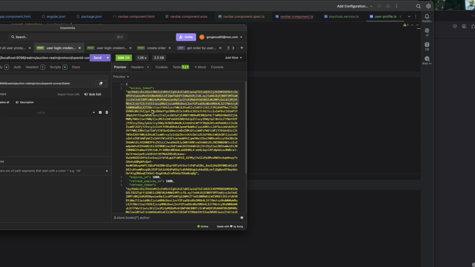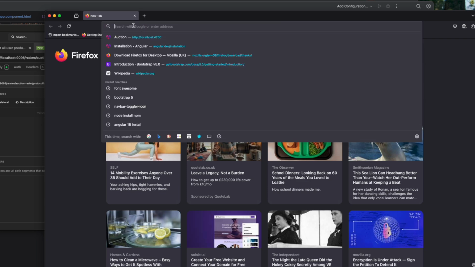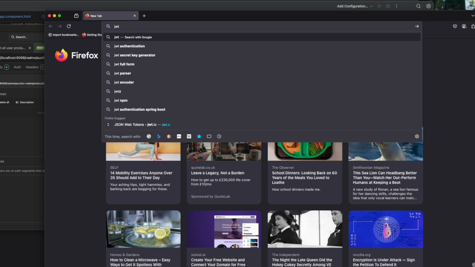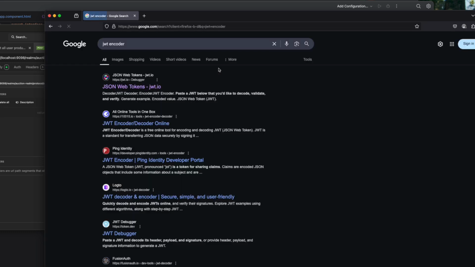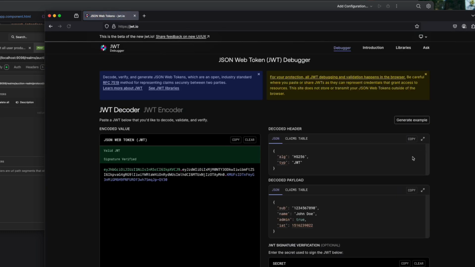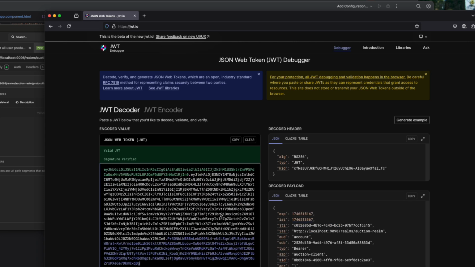I'm gonna copy the token, then I'm gonna head off to the browser, and I'm gonna go for a JWT decoder. Okay, so let's go for that one, and I'm gonna paste it here, right? And then we decode what's in there,